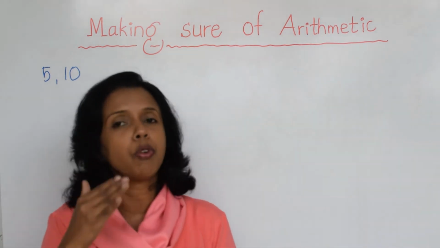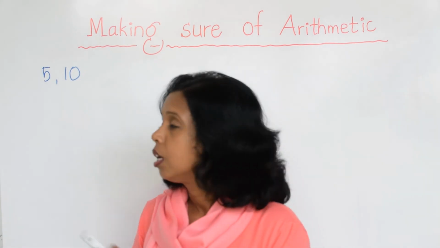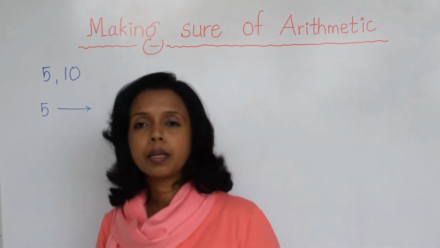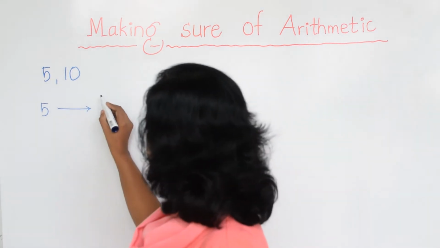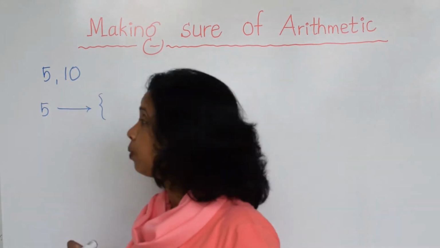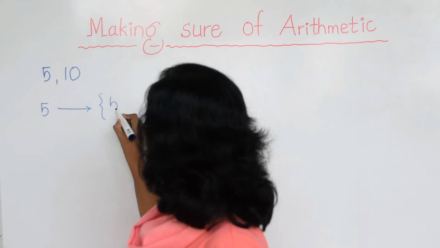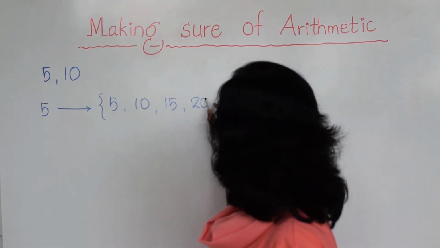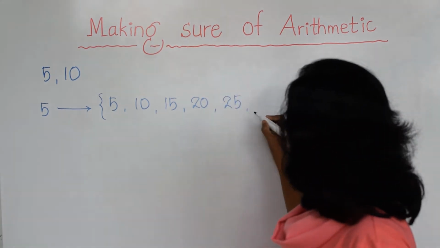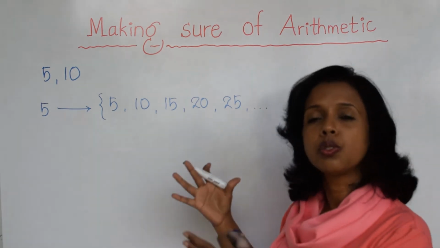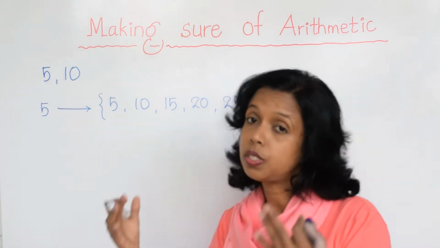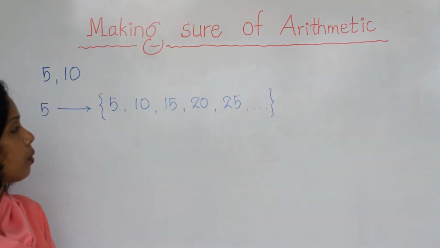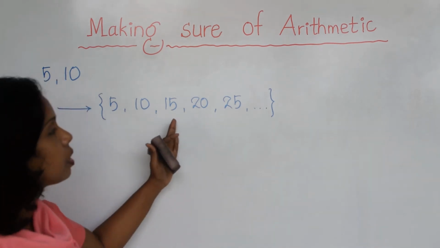To get the LCM of 5 and 10, children, what you want to do, first you take a list. Which list? The multiple list of 5. When you have a list, normally we write it with a curly bracket, right? Then 5, 10, 15, 20, 25, and so on. The list is going on, right? Then how do you show it? The list is going on, comma, 3 dots, and you close the bracket. Anyone who is referring to this list knows the list is going on.